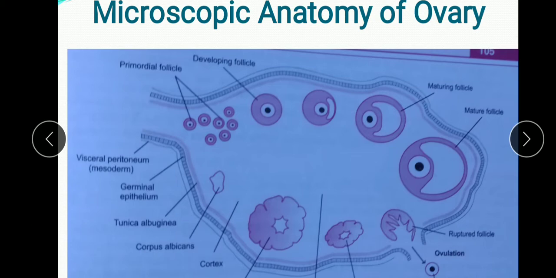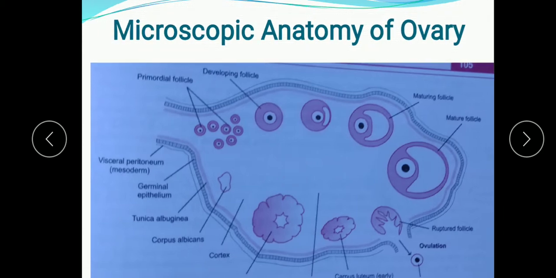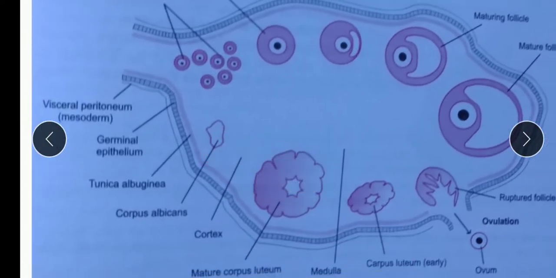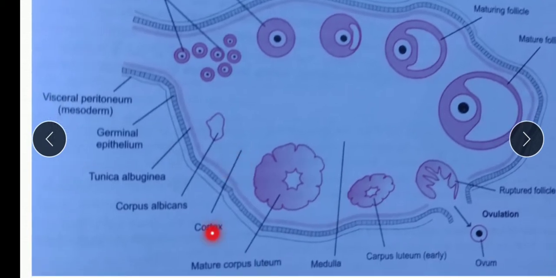These ovaries are the primary sex organs in the female, and what is their main function? They manufacture the female gamete, that is the ovum, and also they produce the hormones estrogens and progesterone. Now ovaries are compact solid structures, and the internal part is known as the ovarian stroma. It is divided into the outer peripheral cortex. You can see here, this is the cortex region, and here this is the medulla. So the central inner region is the medulla, and the outer region is known as the cortex.